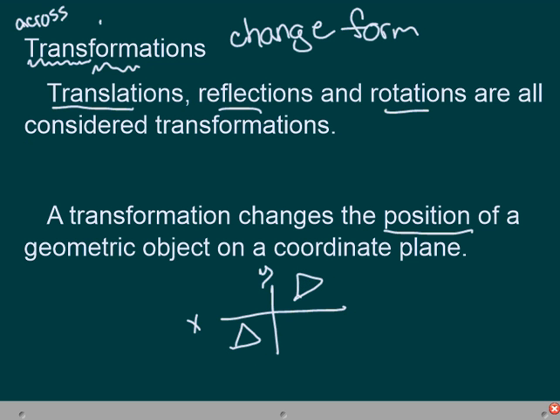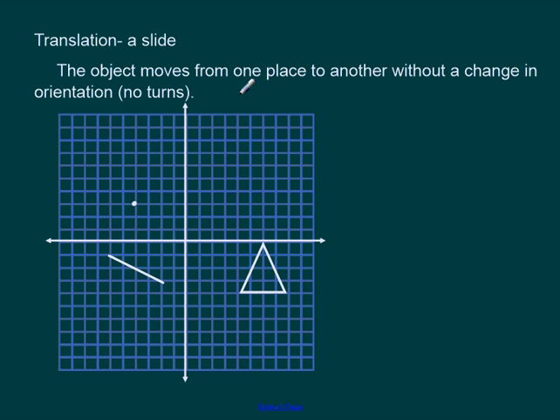So let's look at specific examples of each of these kinds of transformations. A translation is a slide. So you're simply sliding an object from one place to another. Let's take a look at this dot, for example. If I were to slide this dot 3 up and then put it, let's say, 2 over, my new dot would end up,